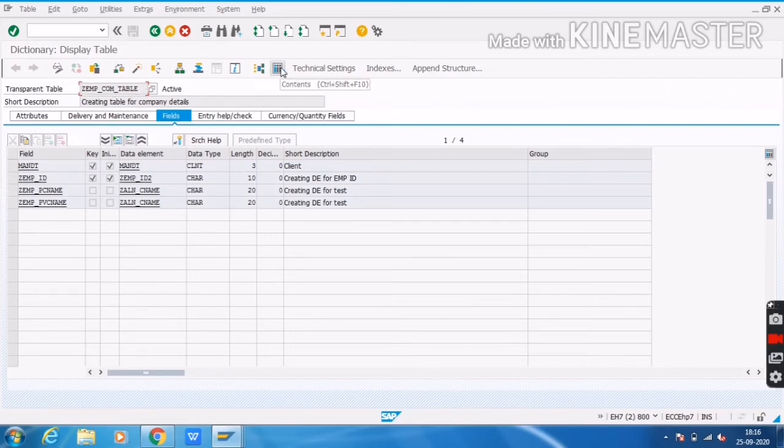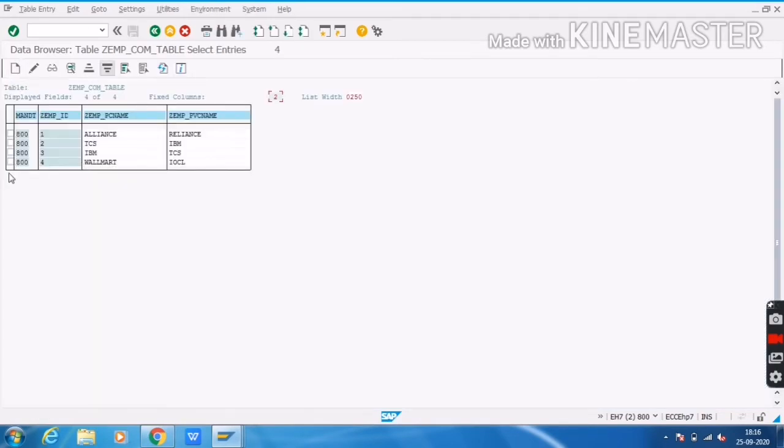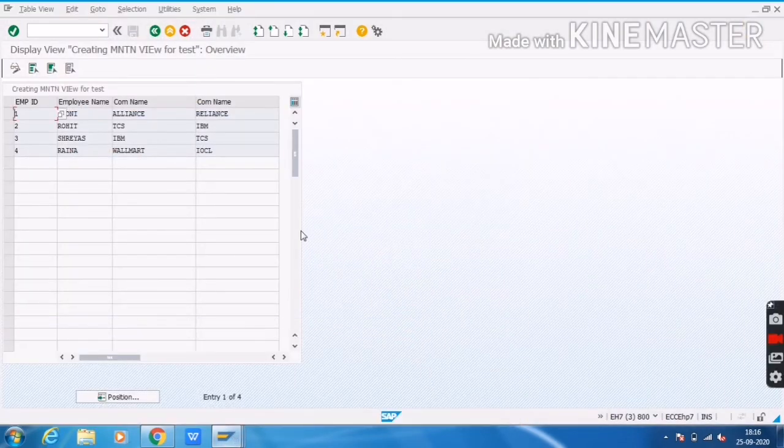I will click on contents and execute. This is the information from the company table. Then this is my maintenance view. Here I am selecting these two fields from the information table and these fields from the company table. So this is the way to create a maintenance view.